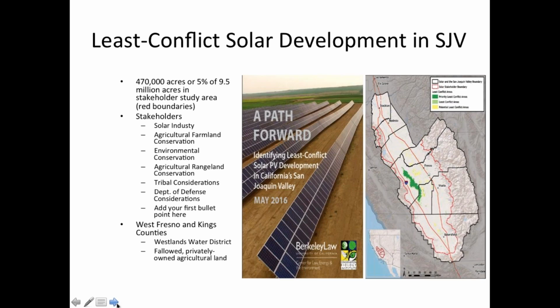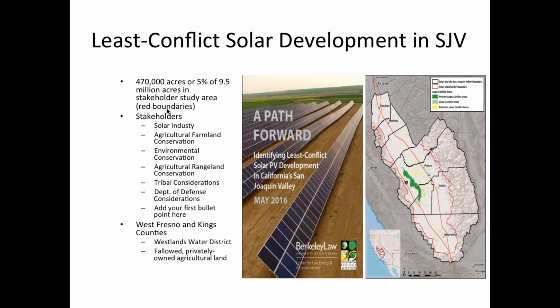But one thing I did want to bring to folks' attention, if you're not familiar with already, is there's already been an effort that's taken place here in the San Joaquin Valley to narrow the scope of where potential future solar development could take place. And that's an effort that took place over the last year and a half by several stakeholders, and essentially identified about 470,000 acres of land in the 8-county region of the San Joaquin Valley that has already been vetted with